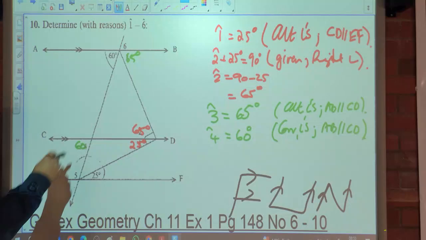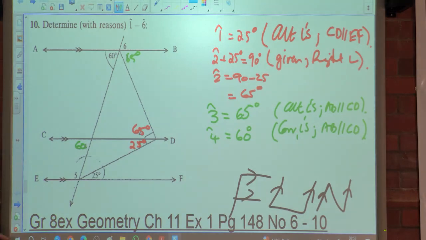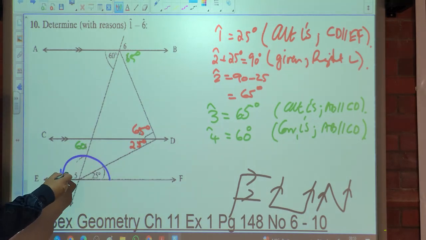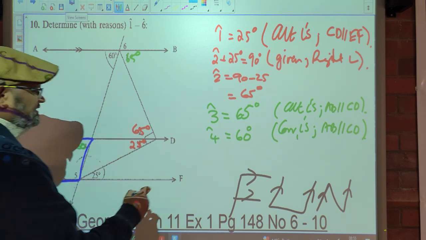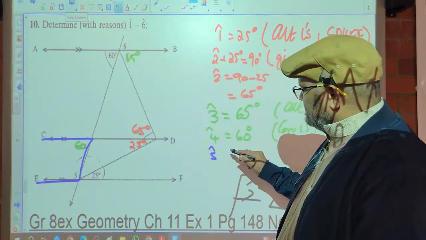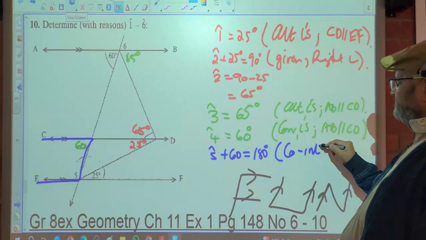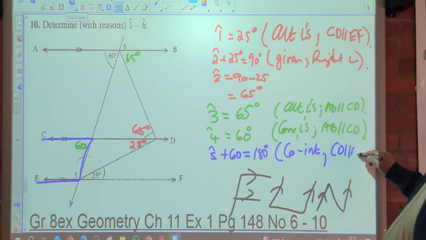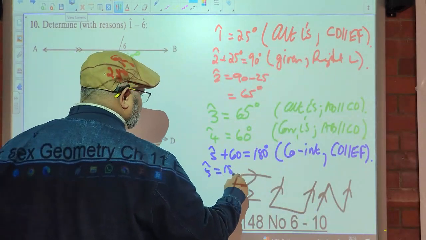Number 5, the last one. Oh, there's another one. 6, 5. Could have gone with angles on a straight line. I don't have that angle. There are 2 unknowns. We must set up an equation with 1 unknown. So this is co-interior. So angle 5 plus 60 degrees equals 180. Why? Co-interior angles with CD being parallel to EF. So angle 5 is equal to 180 minus 60, which is